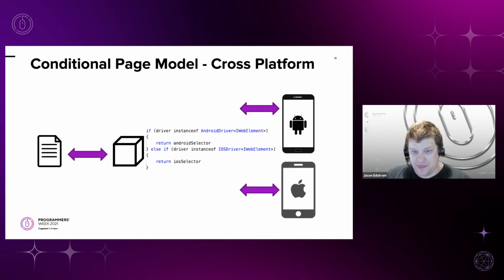But that means that we now have these conditionals that are consistently going to cause an issue, and even if the dependency is updated, maybe some of that stuff is broken. So all of a sudden, you have a whole bunch of maintenance code that you have to update in order for your automation to get back to working.